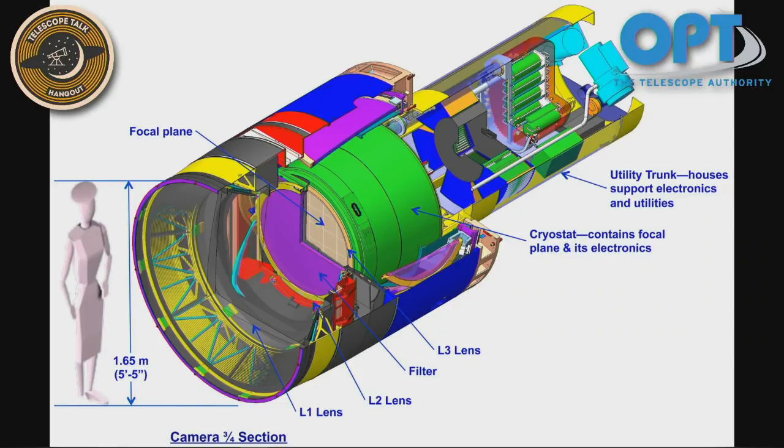Where it says focal plane, you see those little squares, those are all CCDs, folks. That's where the camera will be imaging from. And that is huge. It's about half the size of a person, just the focal plane. So that is the camera that's going to be used on